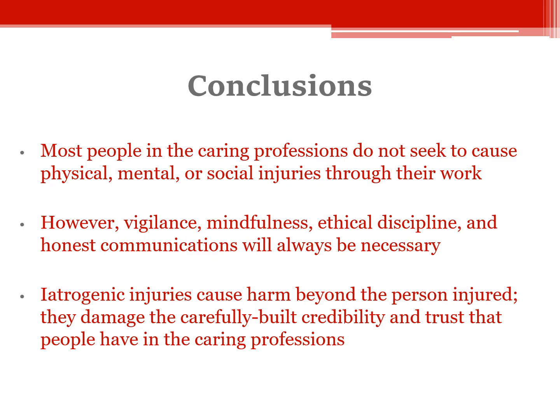Iatrogenic injuries are uniquely harmful because they harm people, certainly, and that can result in tragedies when people get severely injured or killed as a result of interactions with the caring professions. But there's a ripple effect that goes well beyond that. When people are harmed, the reputation of these professions is also harmed, and as the carefully built credibility and trust that people have in the caring professions is harmed, people are not seeking out the services of these caring professions, and that can have wide public health implications. So that's why iatrogenic injury prevention and mitigation is so important, and why I decided to devote a whole lecture to it.